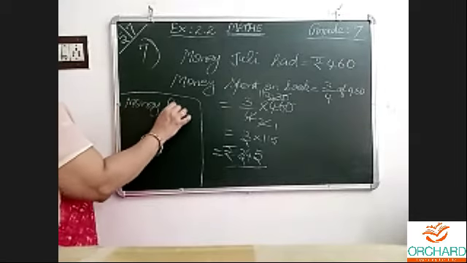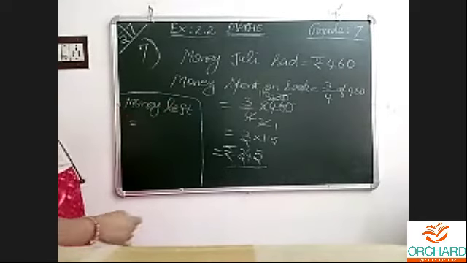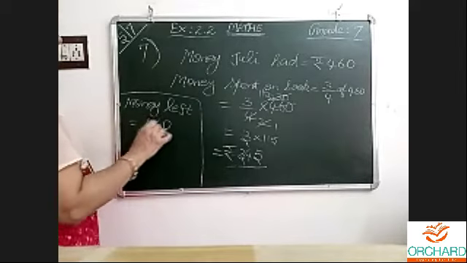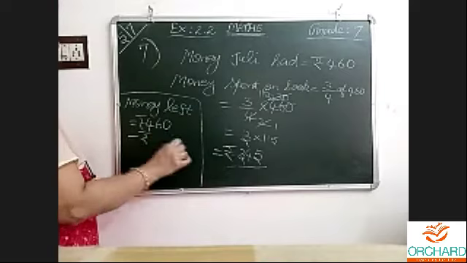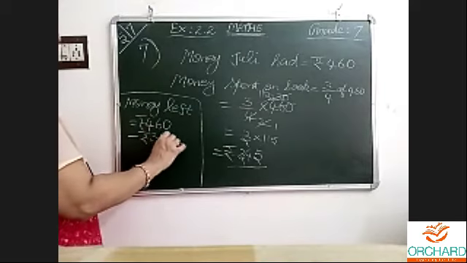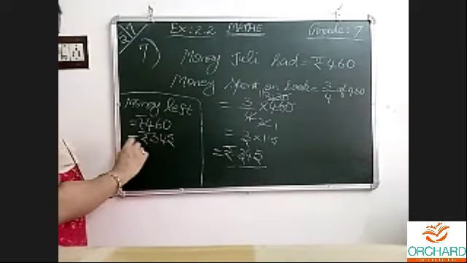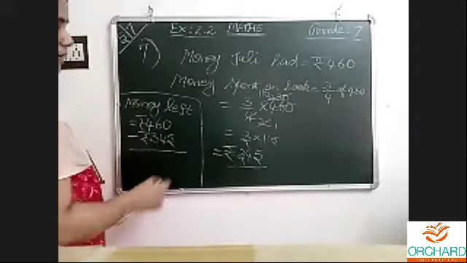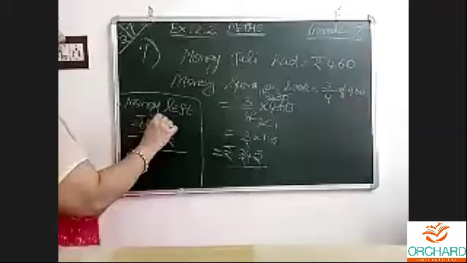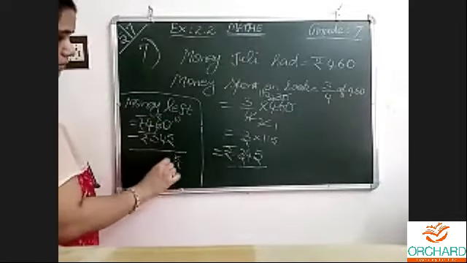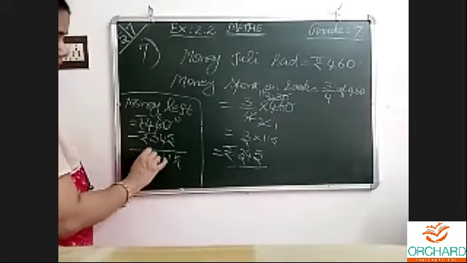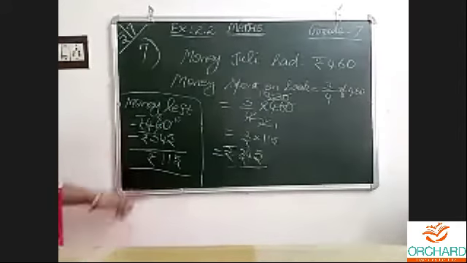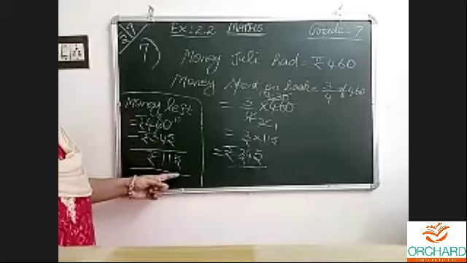Naturally, when you buy something, the money from your hand will decrease. So 460 rupees minus rupees 345. You can write on this side also; since I wanted to, I wrote one below the other. So 460 minus 345 you can write, and you can write the answer. 5, here 10, 10 minus 5, 5, 5 minus 4, 1, 4 minus 3, 1. Rupees 115 is the balance amount she is having in hand. So money left, this much.